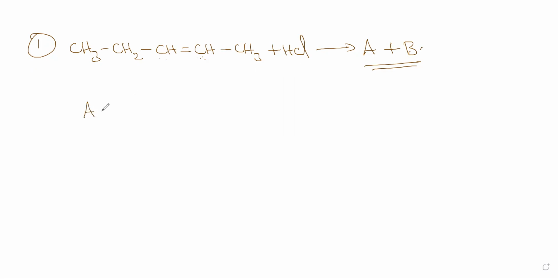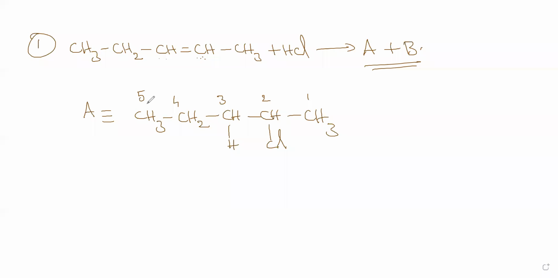So A can be CH3, CH2, CH2, CHCl, CH3. Can we name this? 1, 2, 3, 4, 5. So it is 2-chloropentane. That's easy. Now B will be